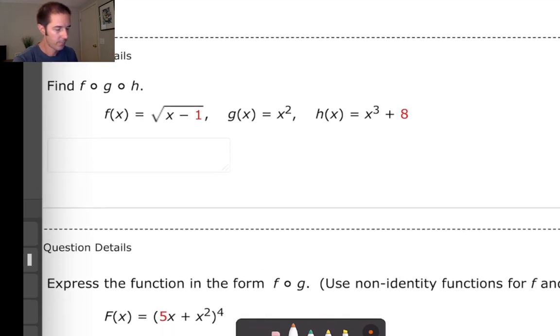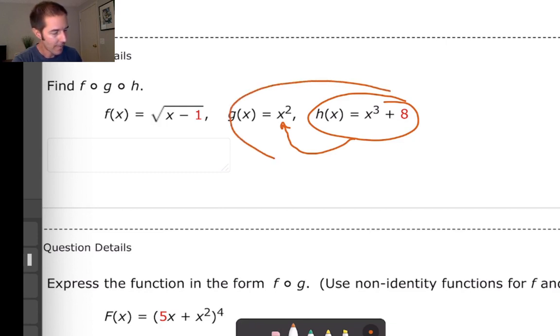Here's another composite of 3 functions. H is going to go into G, so you're going to have to take this and plug it into here and square it. Should you square it right away? Should you start foiling right away? Maybe, maybe not, because once you finish building that composite function, you have to take it and plug it into